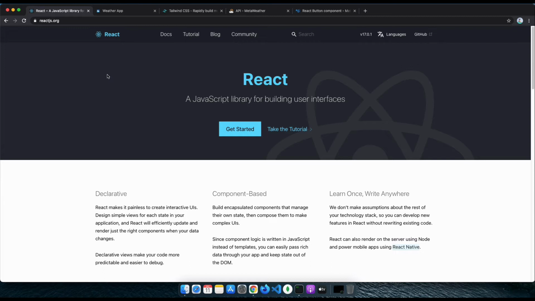We'll be using Tailwind CSS for styling and React for the front end part. So if you are a bit new to React, then I'll be giving a small introduction to React and why we are using React in the first place. As you can see, React is a JavaScript library for building user interfaces. Well, in a nutshell, React is a front-end library which we use to build the front end or the UI